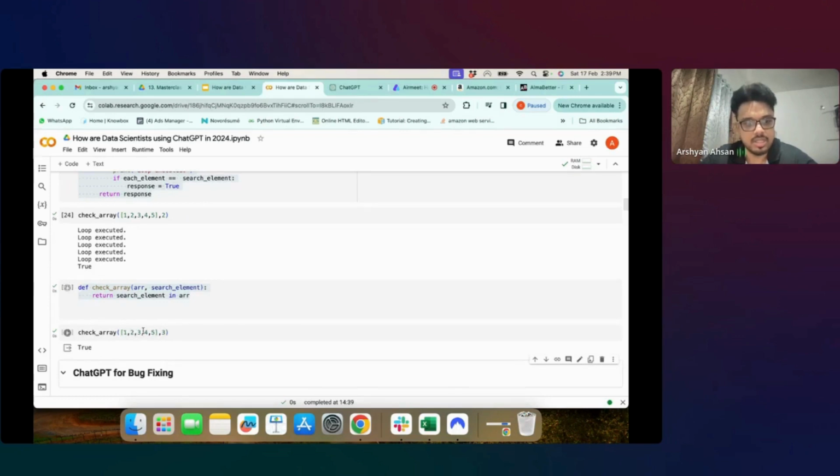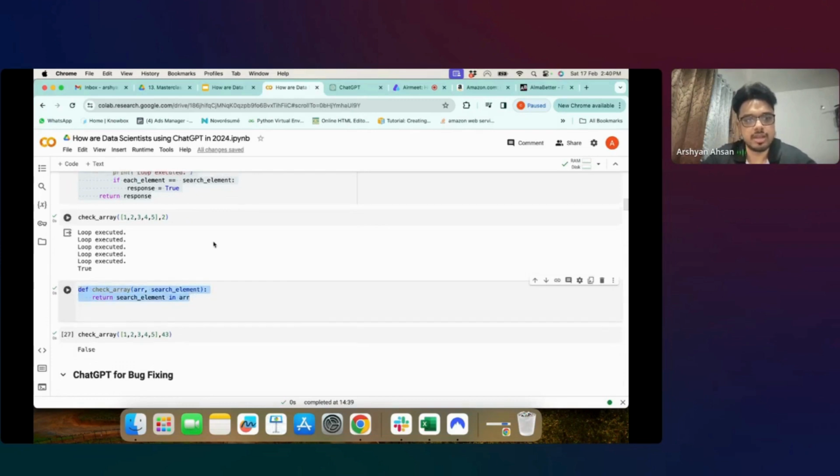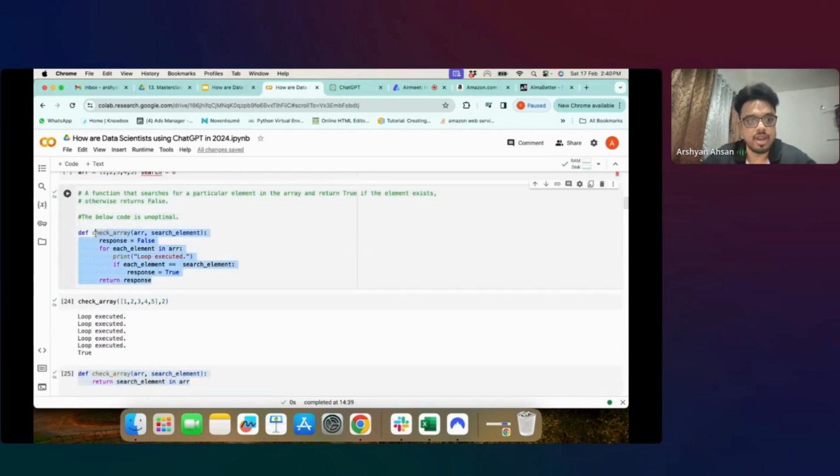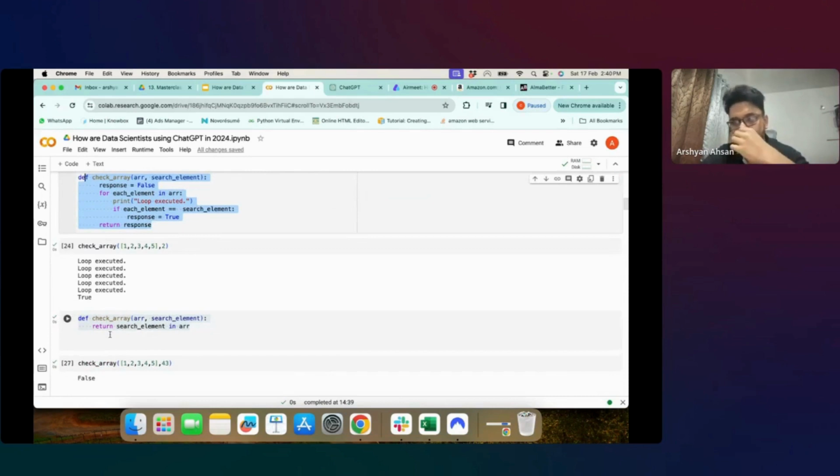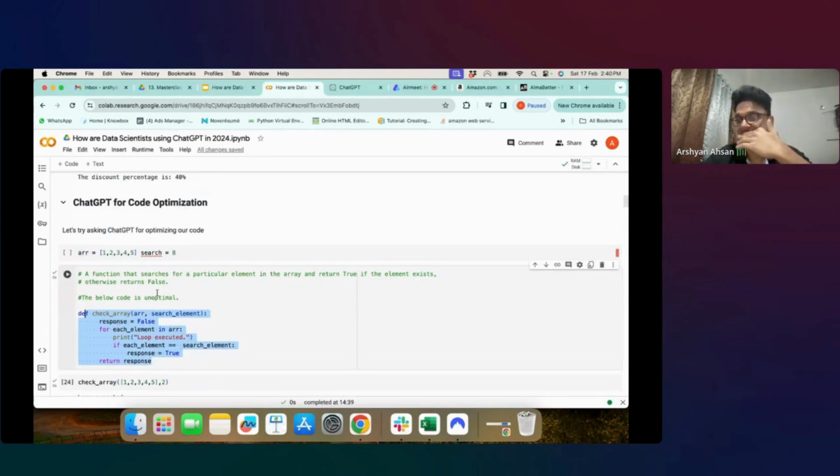Because the search element is in the array, it returns true. If the search element was not in the array, let's say 43, it would have returned false. So this function is doing the same thing I was doing, but in a very optimal way, just in 2 lines of code. That is the beauty of ChatGPT, guys, on how you can use it for code optimization.